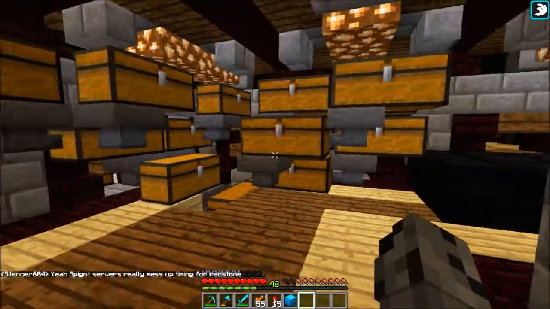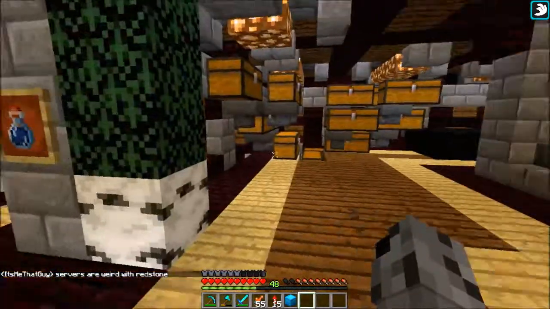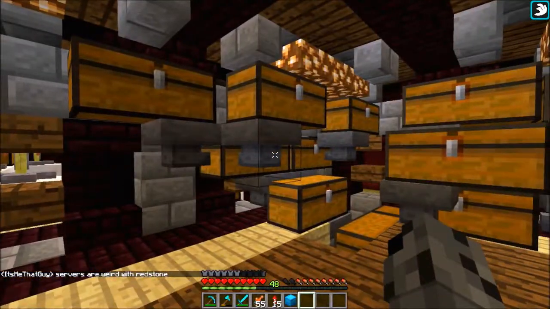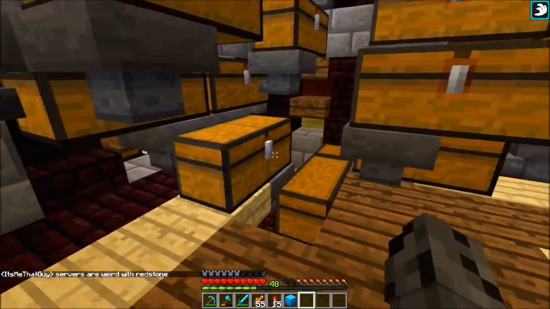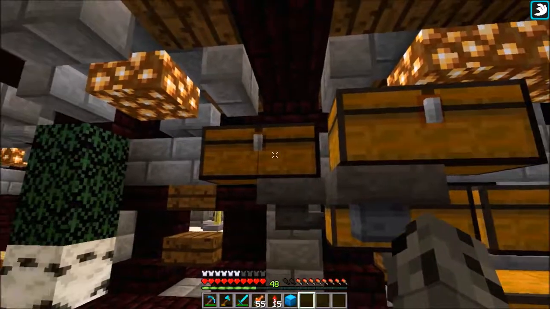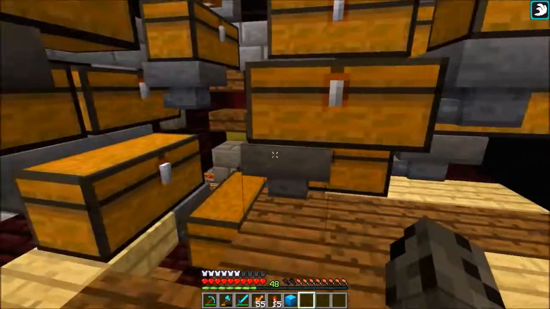And then up here, I actually just recently did this because like I said, I have a glass shop, so I had a bunch of sand. I think I mined over 100,000 sand, and I needed somewhere to smelt it, so I'll show you my smelter right now. I basically just have all these right here for sand,